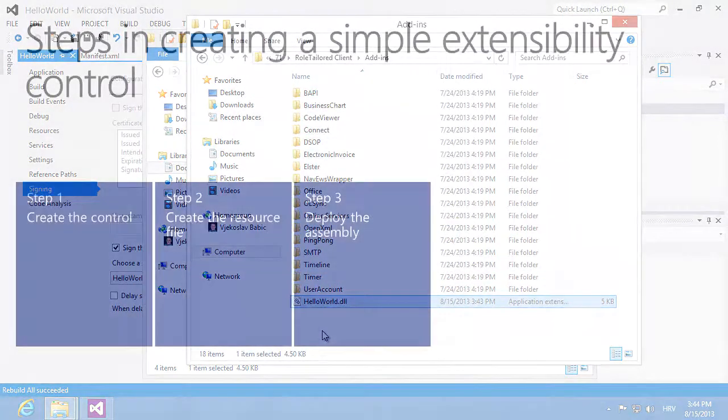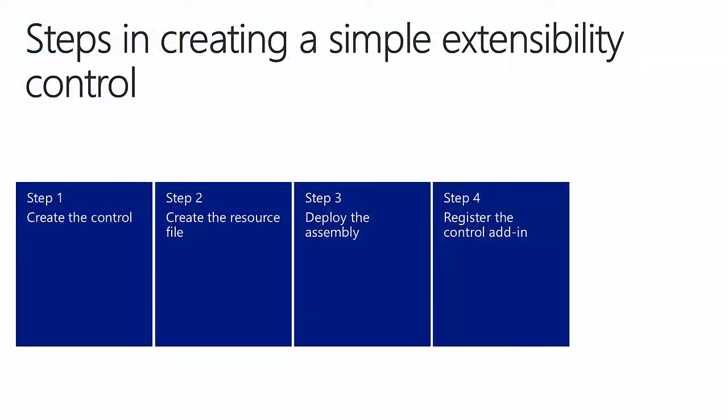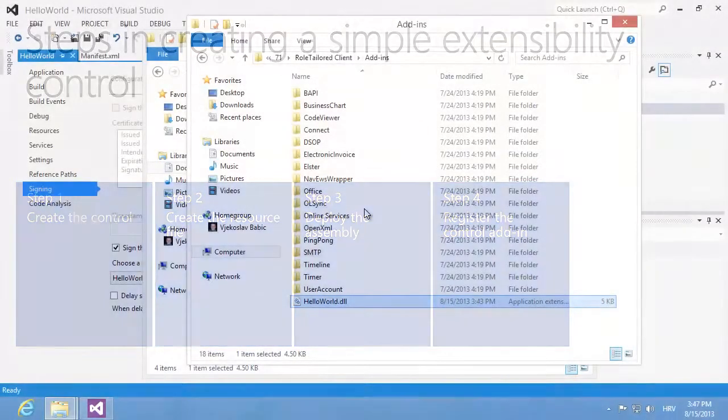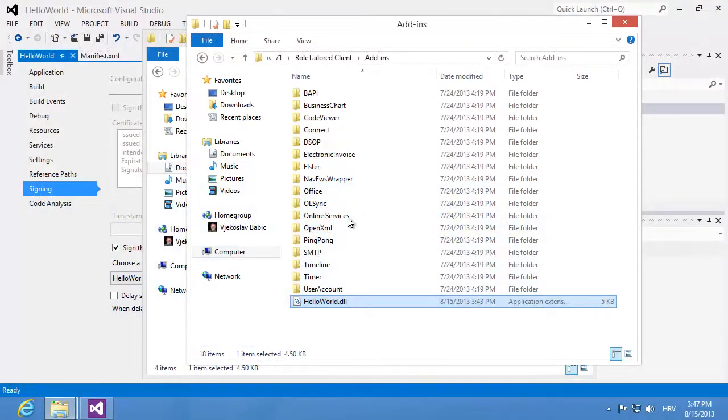I'm now ready to register the new control add-in in NAV. Before registering it, I must first determine its public key token. For this, I can use the strong name tool provided with the Visual Studio SDK. I can do it from the command prompt, but I prefer to use a post-build event, which prints the public key token in my build output window, which makes it much easier to copy it and has me open fewer